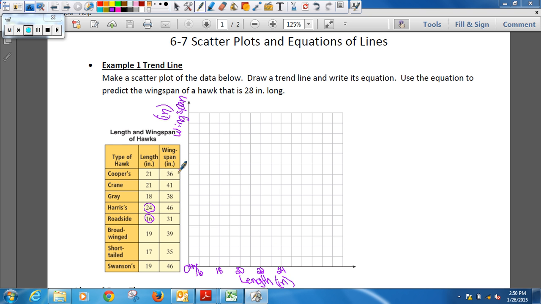Then, if I look at my y-axis, my smallest number here is 31, and my highest number, I believe, is 46. So again, I don't have to start till 31. So again, I'm going to put a break in the graph so that I can start at 31. That's hard to read, I'm sorry. And then again, I'm going to skip, and I'm only going to number every other one, but I'm only going to go by one. So 31, 32,